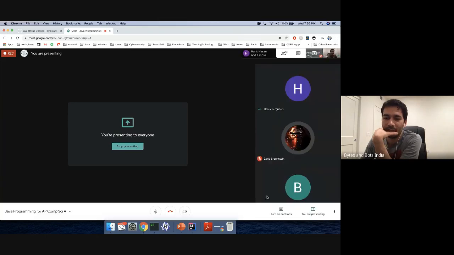No, you can do that yourself. On your screen, if you double click, it'll become full screen mode, and then at the bottom right corner you should see Present now. Are you able to share your entire screen? It's not letting me share it.